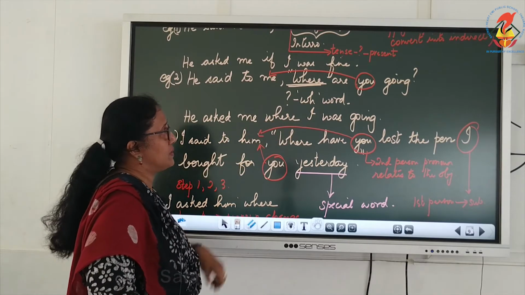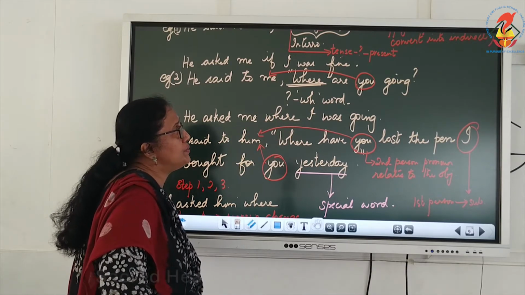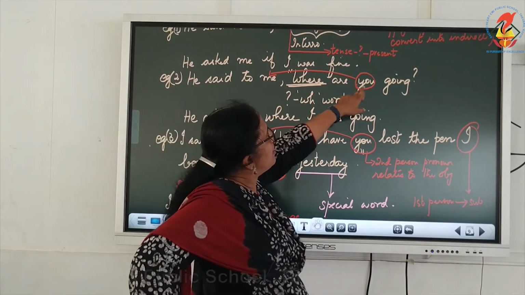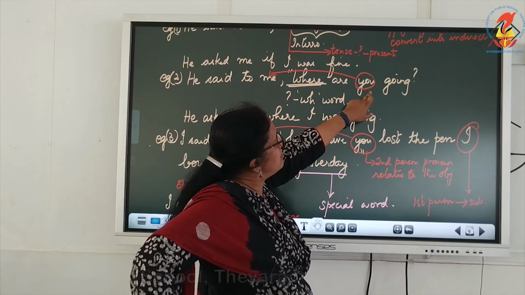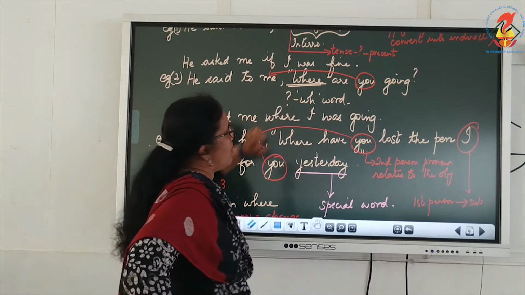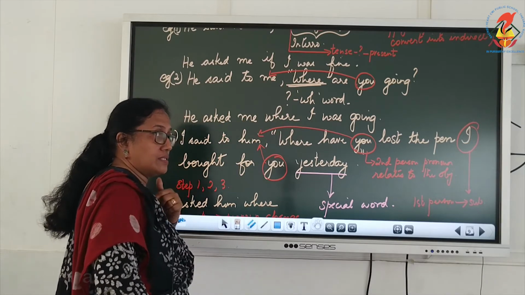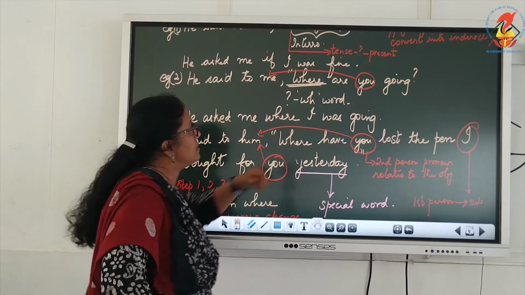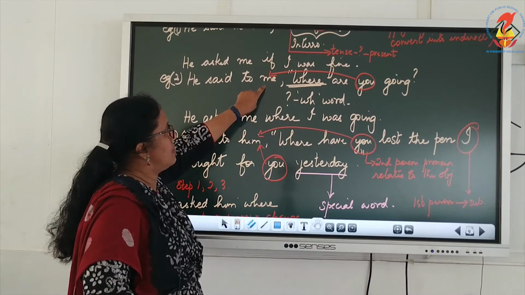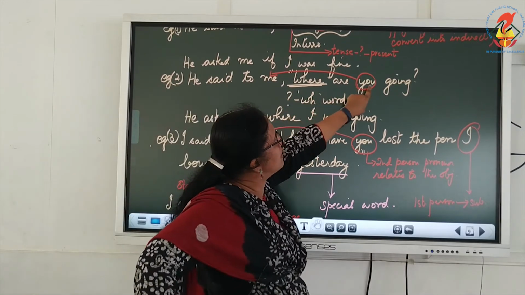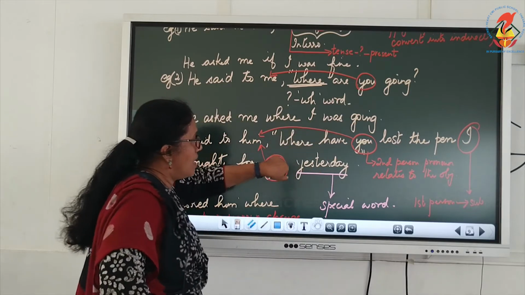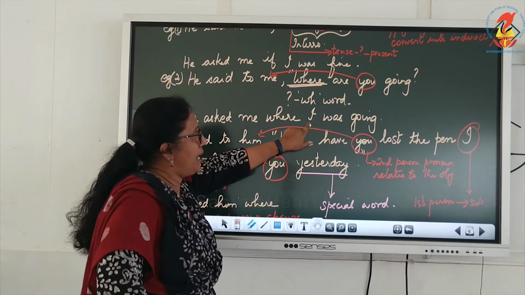Now, WH word. Are you going? Fifth one is pronoun. Where are you going? This you, is it relating to the subject or to the object of the sentence? He asked me. So, here this you is relating to whom? The object of the sentence. So, now you will replace this here. So, here what will come? He asked me where, I. Then